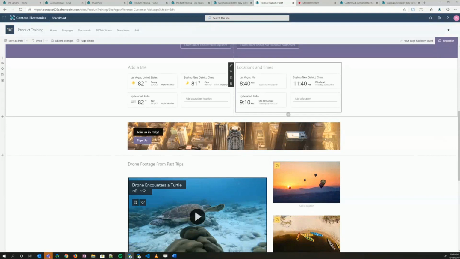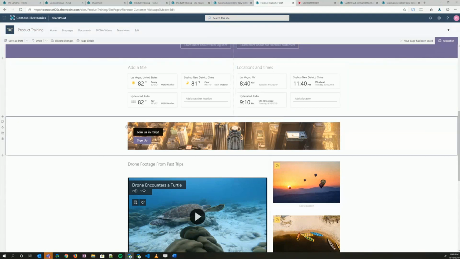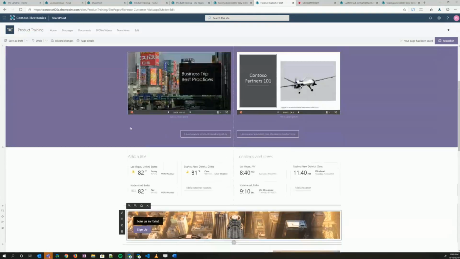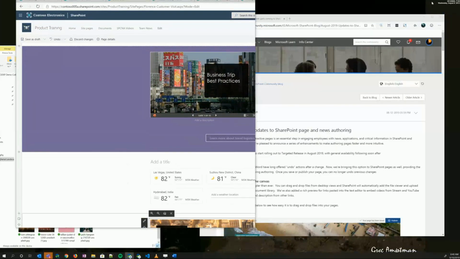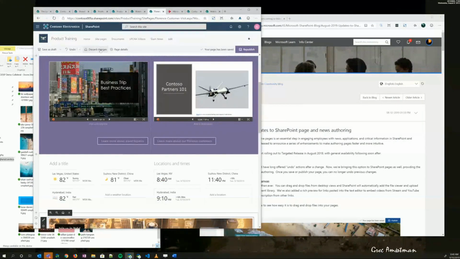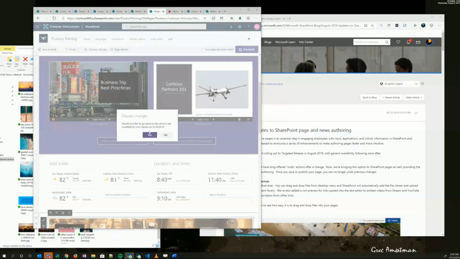Okay, so we've talked about vertical sections. We've talked through a bunch of our new web part capabilities. One feature I didn't actually show you earlier, which is kind of a nice feature because it simplifies page layout creation. So if I come down to my page and I'm going to discard the changes I just made,